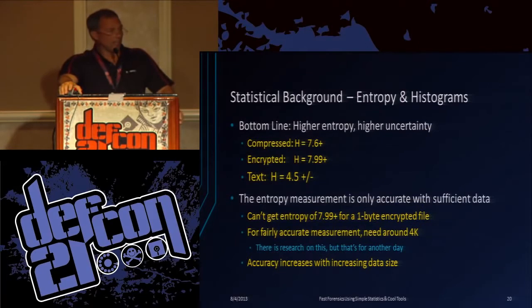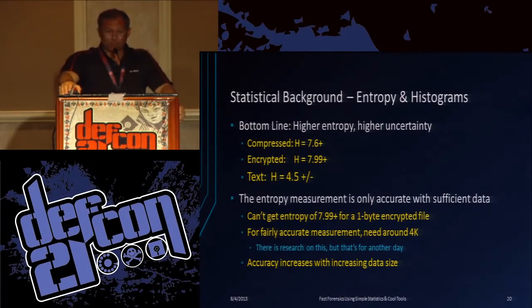So bottom line is, the higher the entropy, the more uncertainty. That's what you want in an encrypted file, right? You don't want the opponent, the attacker, to figure out what you've encrypted. You don't want them to have any kind of information about what the symbols are. Compression removes pattern, and once you remove pattern, you get a randomized-looking file, but it's not as random as